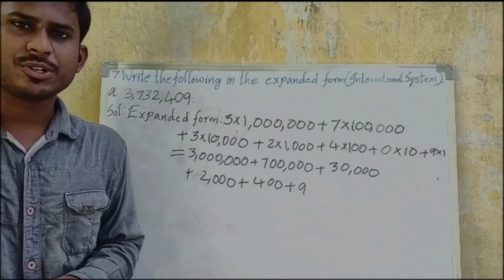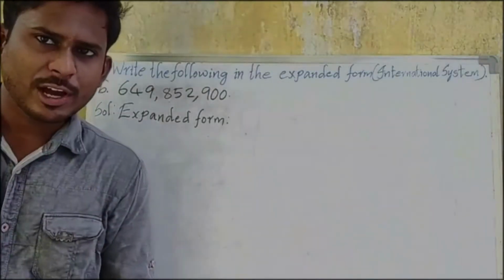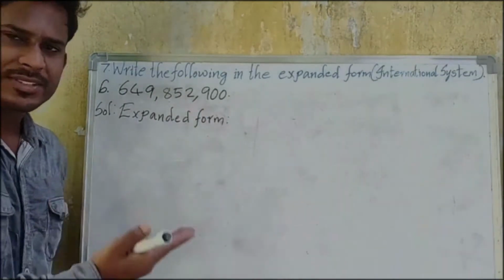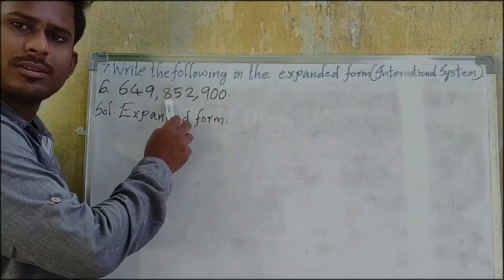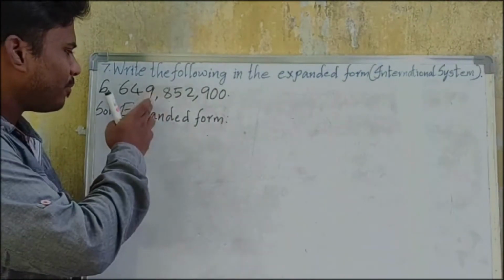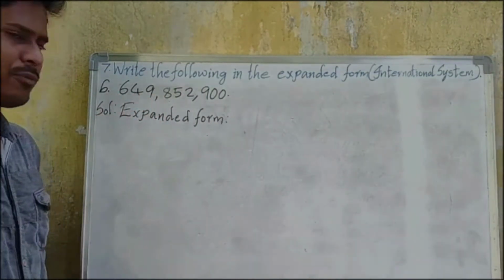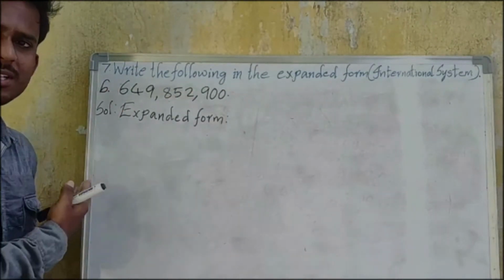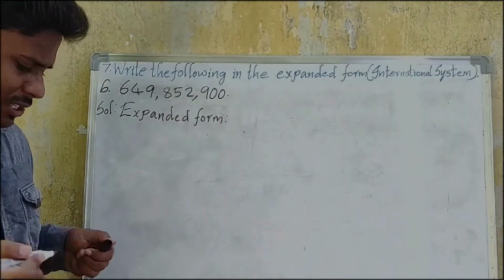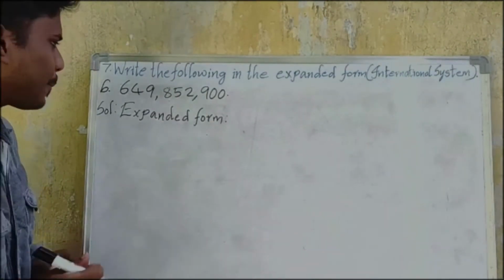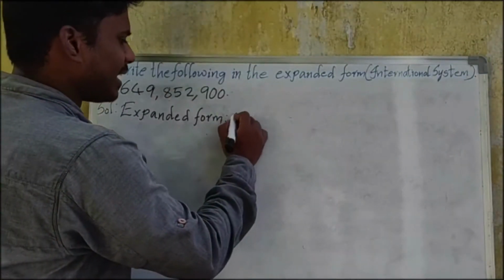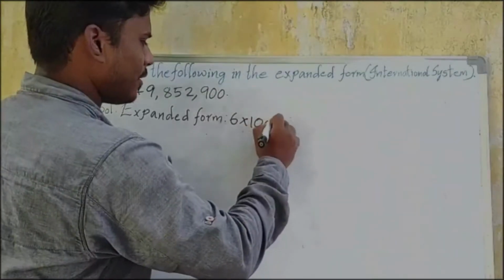Let us go for the next question. Next we have question B. So look here. Let us go for the periods again. Ones period, thousands period, millions period. Millions period, what are the places? 1 millions, 10 millions, 100 millions. Okay, in 100 millions place we have digit 6. So the 100 millions place is the highest place here. Let us go for the expanded form of this number. So highest place is 100 million. Let us write like this. So 6 into 100 million.